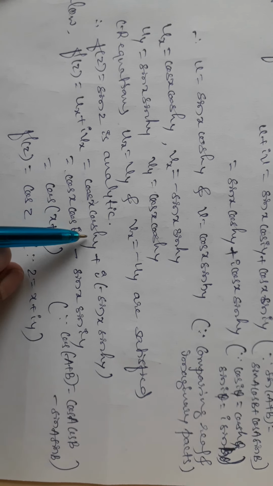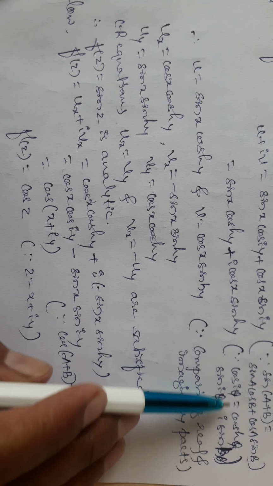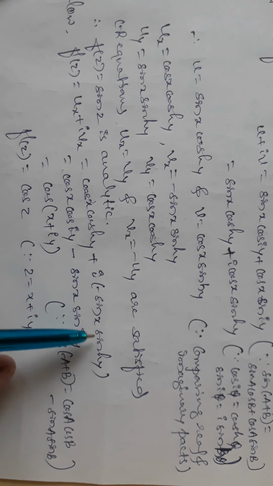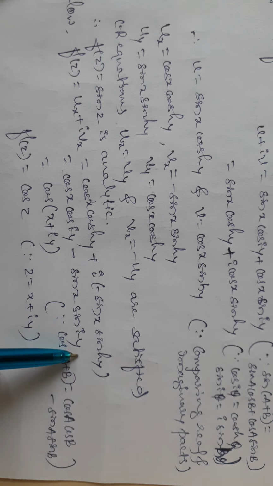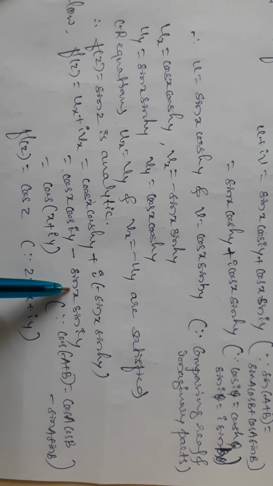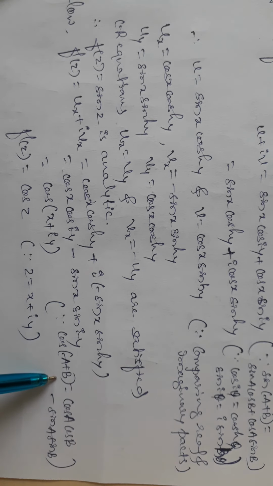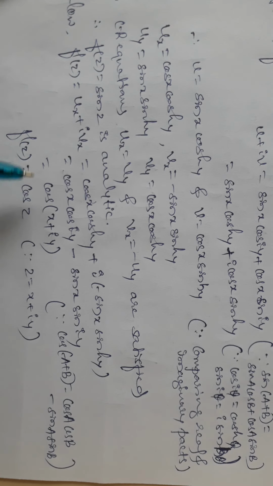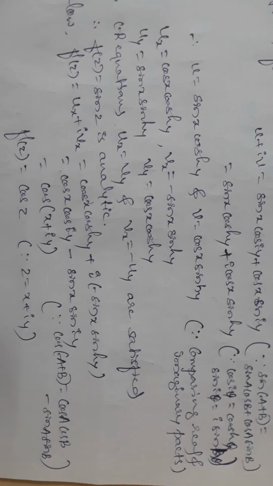Therefore, and already we know cos hyperbolic y is cos iy and minus as it is sin x, i sin hyperbolic y is sin iy. Now cos a cos b minus sin a sin b can be written as cos of a plus b, therefore cos of x plus iy. But x plus iy is z, hence it is cos z, which is differentiation of given function, that is f dash z. Here directly we cannot differentiate f of z as a f dash of z. Using the u and v form you can differentiate the given function.